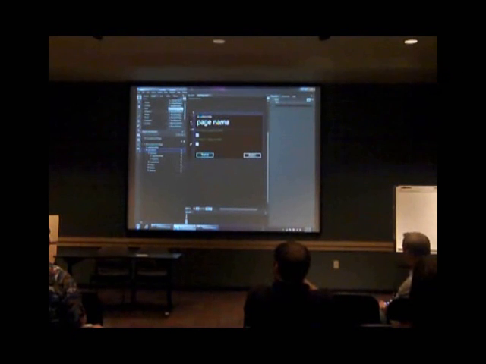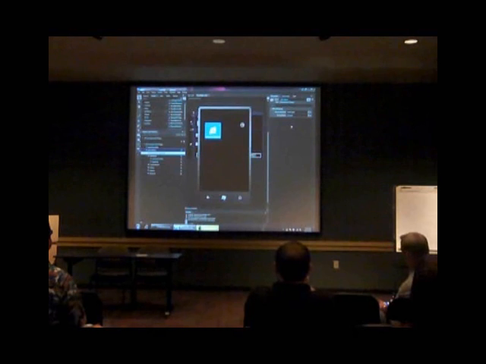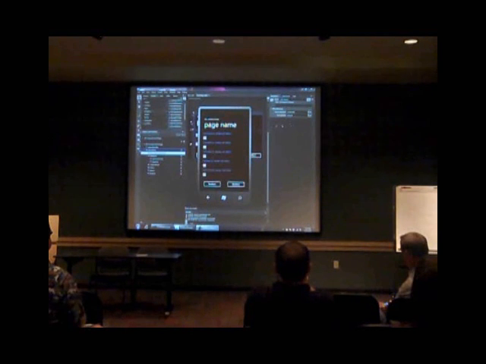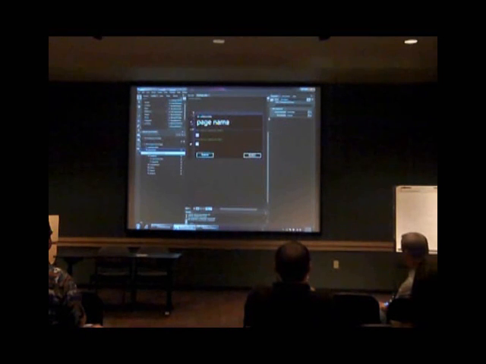But these things are really easy to write, and so I wrote a really simple one that I can just put on here. In orientation, it automatically listens for when the orientation changes and says landscape, go to the landscape state, and portrait, go to the portrait state. And now when I run it on the device, and I go between the different modes, we get a quick transition between the different layouts. So it's quick and easy to do.